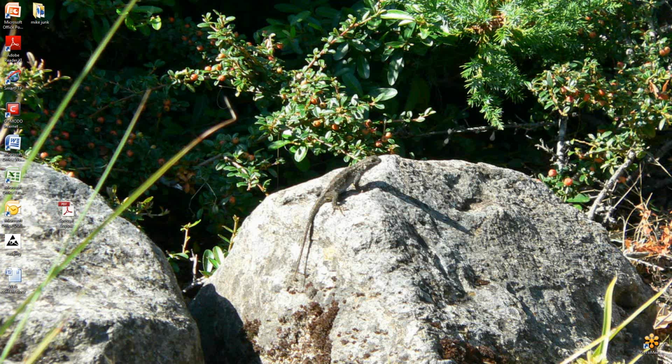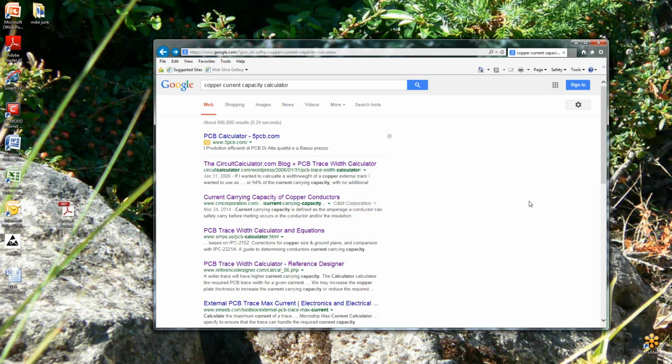I have a trace that needs to carry 1.5 amps. How wide does it need to be? That's a good question, a common question. What I usually do when I get that sort of a problem on my board is I open up the